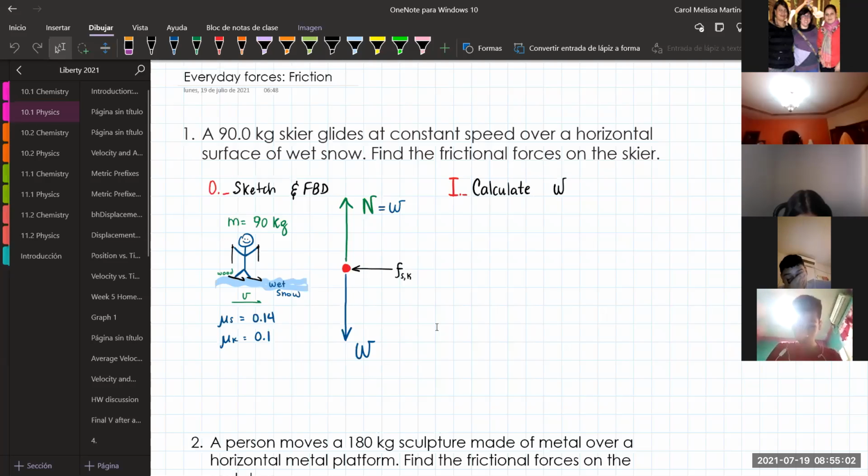Calculate the weight. And the weight has this formula. Weight is equal to mass times gravity. Weight is also known as force due to gravity. Remember this, okay? All we do after is substitute by the givens. So we say weight